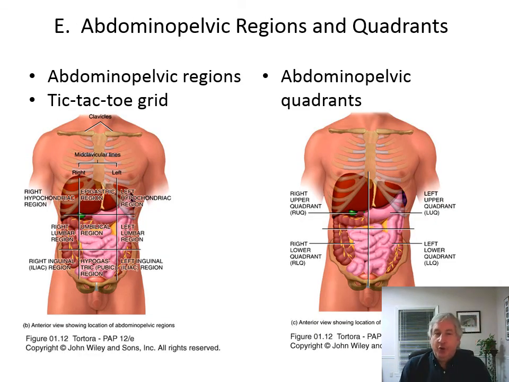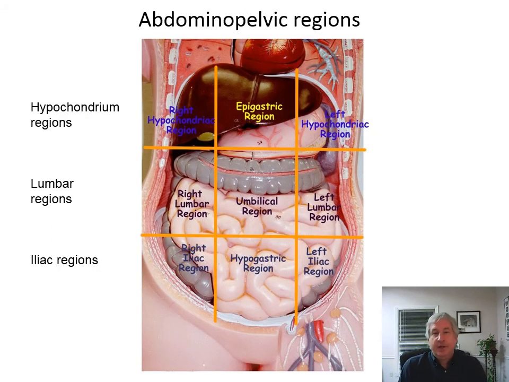Here's just another view of the abdominopelvic regions, the tic-tac-toe grid on this side, and the abdominopelvic quadrants. You can look at the PowerPoint and take a look at those, if you want another view of what organs are in which. All right, next slide. Here's another of the